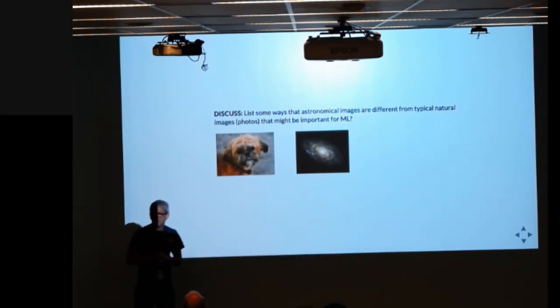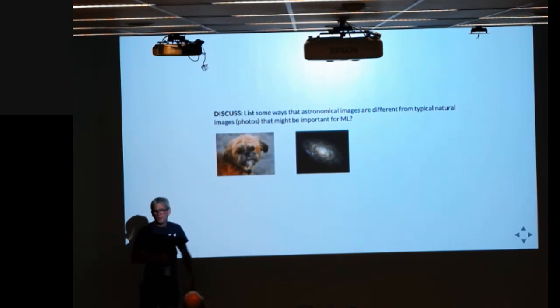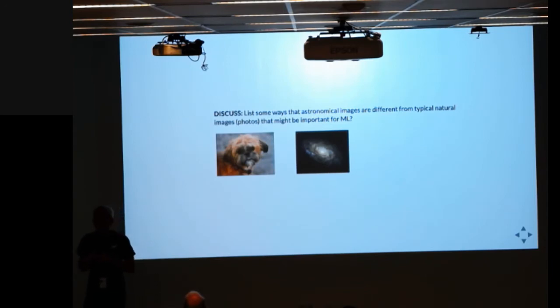And in LSST, in each exposure we're going to collect our weak lensing sample. In each exposure of a galaxy, we're collecting on the order of tens of photons. So that does not give you this. So signal to noise is really low. Yeah, what we know about the two images is really different. So we know that this dog is a sufficiently described dog, and this being a spectacular